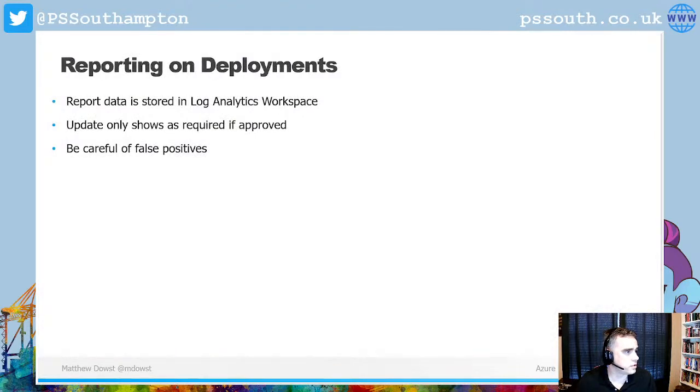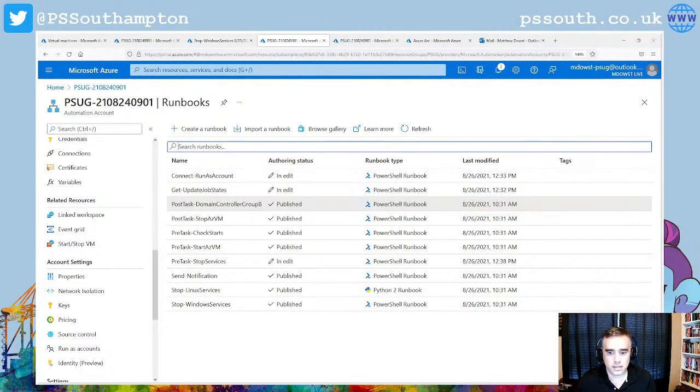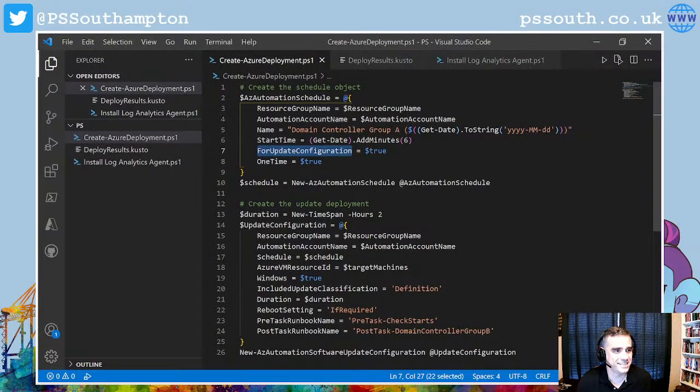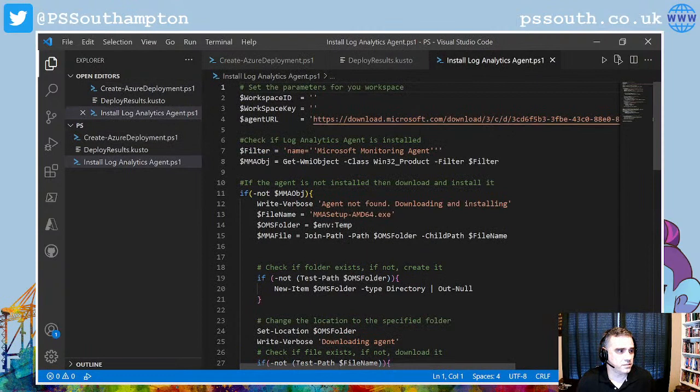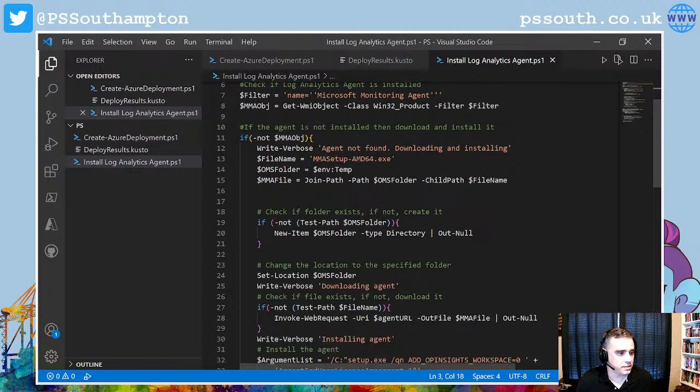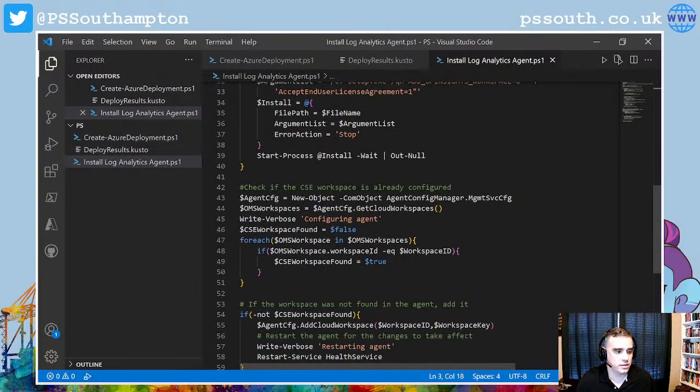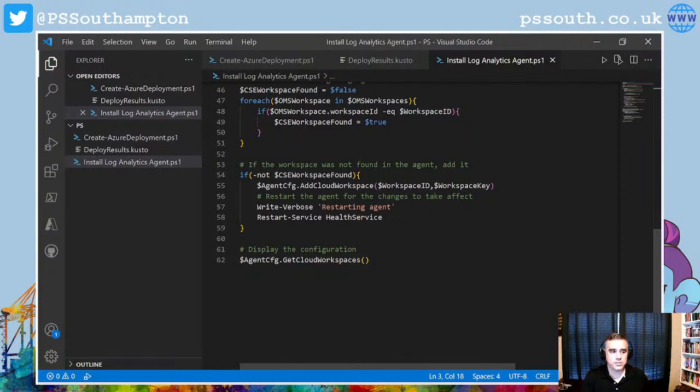Real quick question. One other thing. Matt, what's your process for onboarding new on-prem servers into Update Management? That is a great question. So I have a PowerShell script that I tend to use. All you have to do is pass it the workspace ID and the workspace key, which is in the automation account. And this will actually go out and download the agent, install it on the machine, configure it, and once the Log Analytics agent is on there, it will onboard